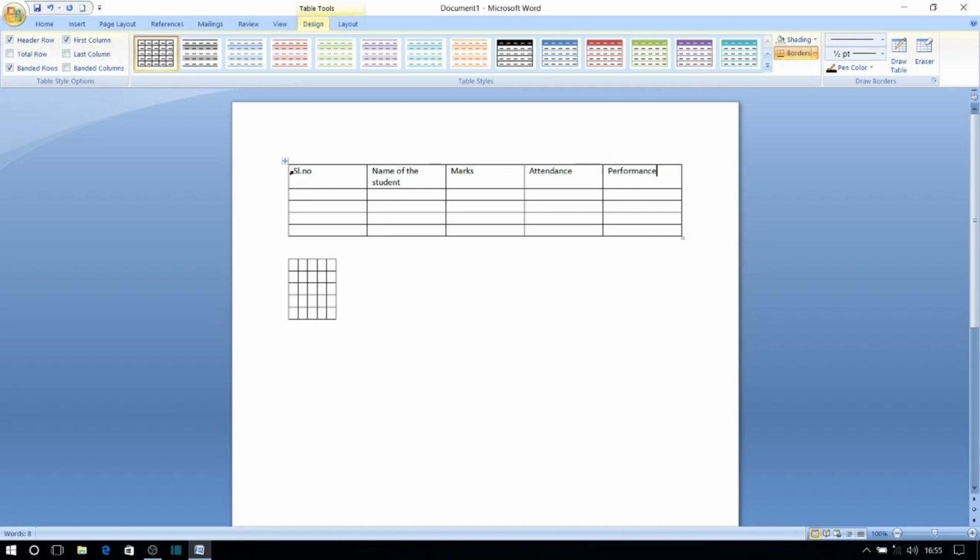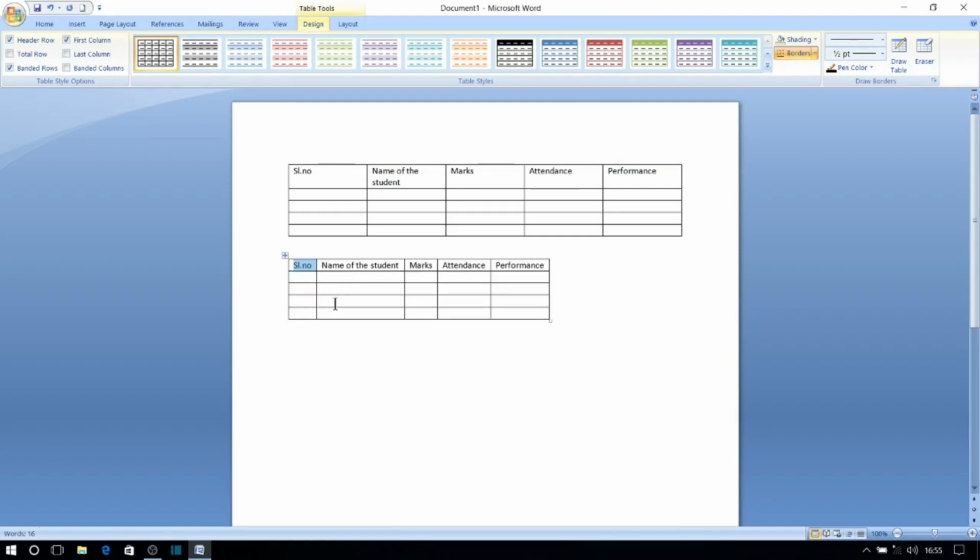So to see its behavior, let us copy the data typed in this table. Control C, you copy it, go to the first column, first row and paste it.